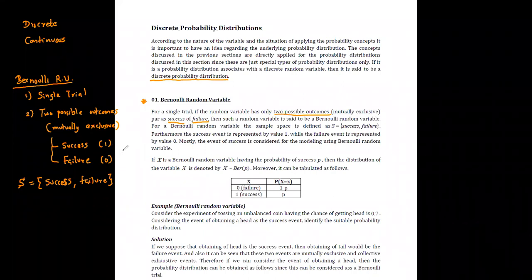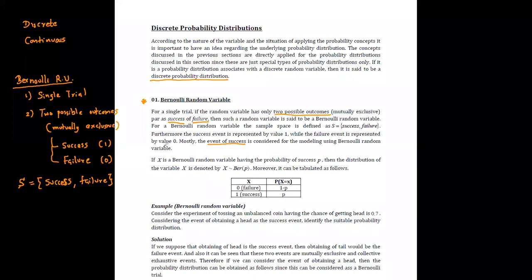And most of the time, if it is a Bernoulli experiment, we are saying this as a random variable. If you are performing this experiment for a single trial, only one time, then we can say this is a Bernoulli experiment. Therefore, generally we are looking for the event of success when performing this Bernoulli experiment. And based on this event of success, we can model this Bernoulli random variable.